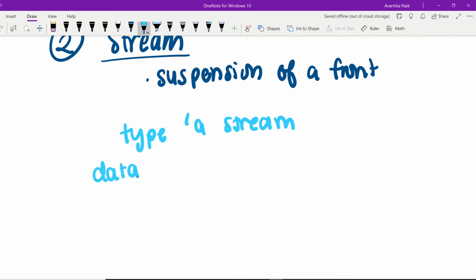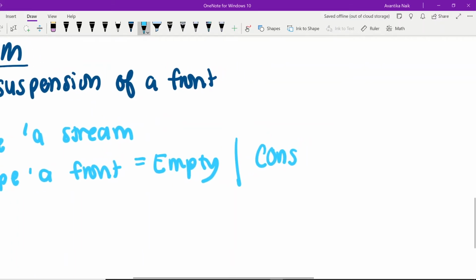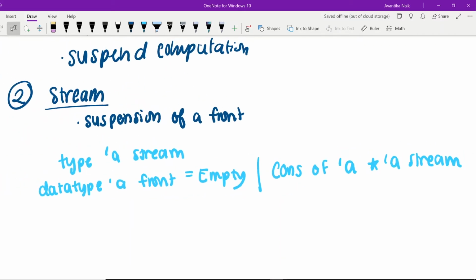Then we have a datatype of an alpha front, and this is either going to be empty, so we have an empty front or an empty stream, or it can be the cons, where cons is just kind of the connector of the alpha, whatever type our stream is made out of, and an alpha stream. Basically, if you look at this, it's a very recursive data type. A front is either something attached to a stream, where a stream can be anything, or it's just empty.